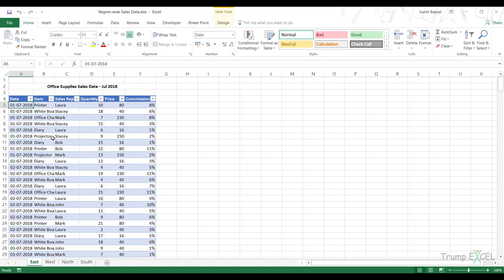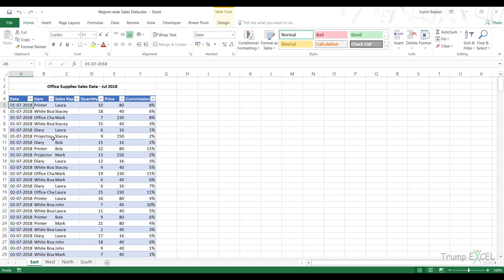I am Sumit Bansal, and in this video I am going to show you how to combine multiple Excel tables into one consolidated table using Power Query. In one of the previous videos I showed you how to use the append method to do this. So we created different connections, one for each table, and then we appended all those connections to get the consolidated table. In this video, I'm going to show you another way of doing it if you have all the tables